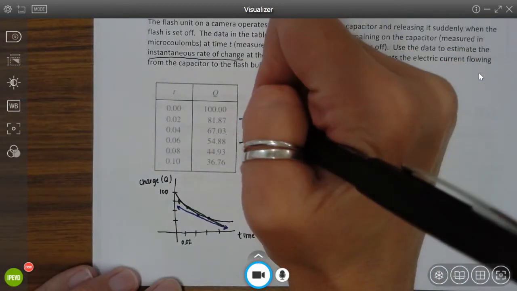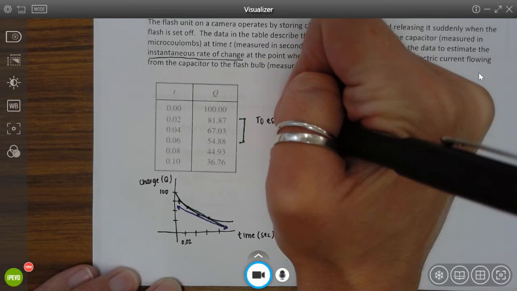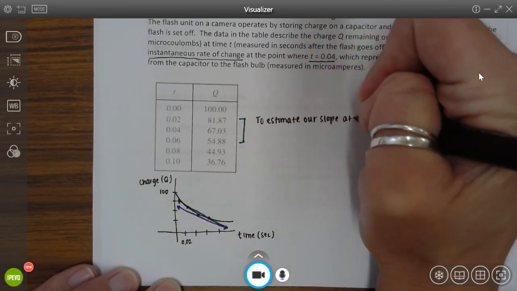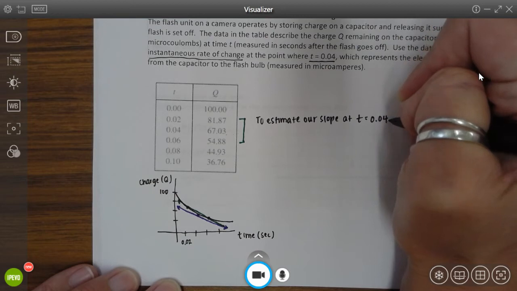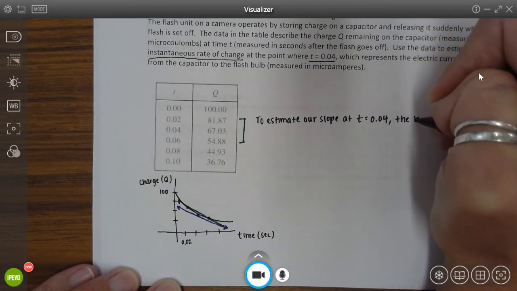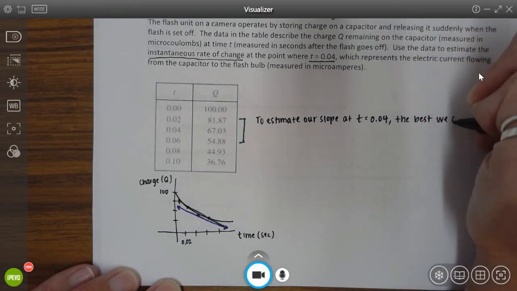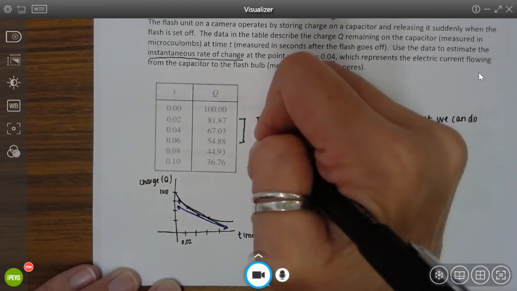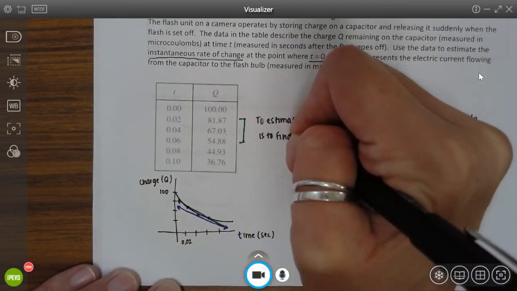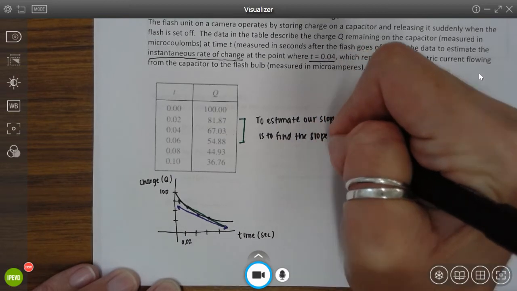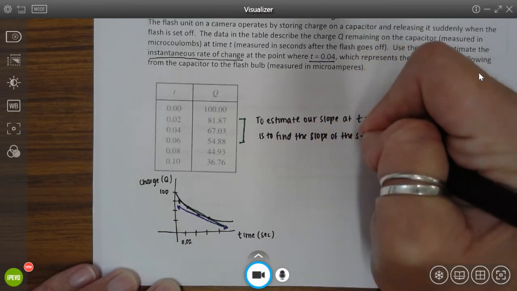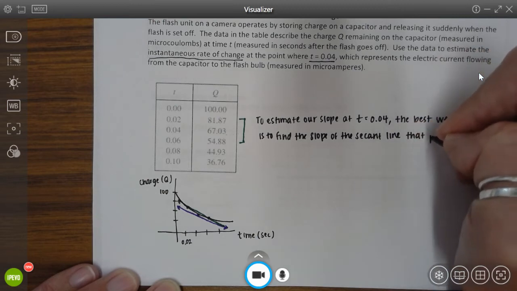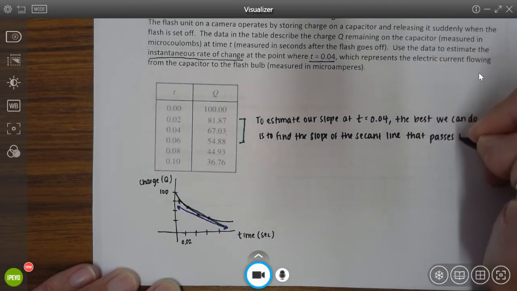So I'll say to estimate our slope at t is equal to 0.04, we're going to say the best we can do, and that's because of the given information, is to find the slope of the secant line that passes through